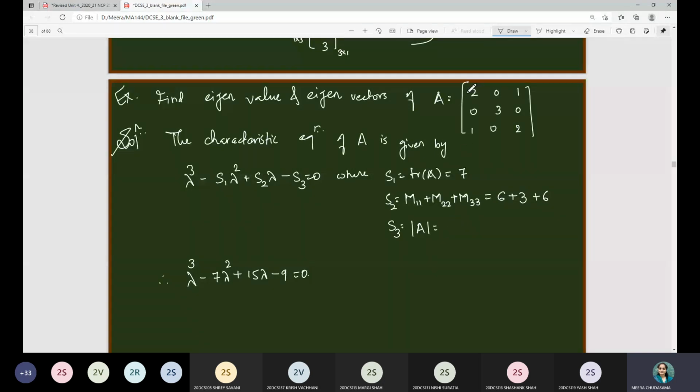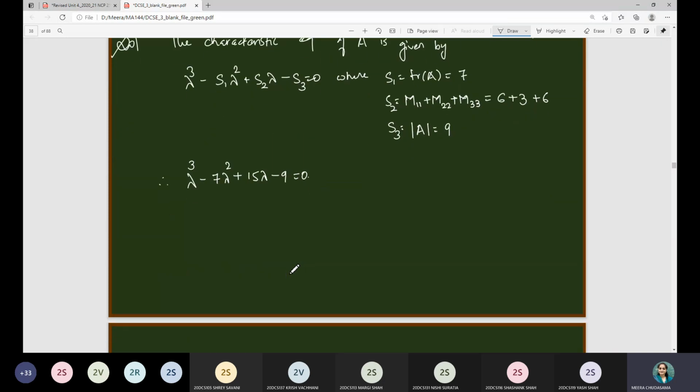And when you consider determinant of it, so it is nothing but 2 into 6 minus 3, that is 9. So this will be the equation where you can see, if you see sum of the coefficients of this equation, then it is 0. Therefore, one of the root is 1. So tell me which are the eigenvalues.